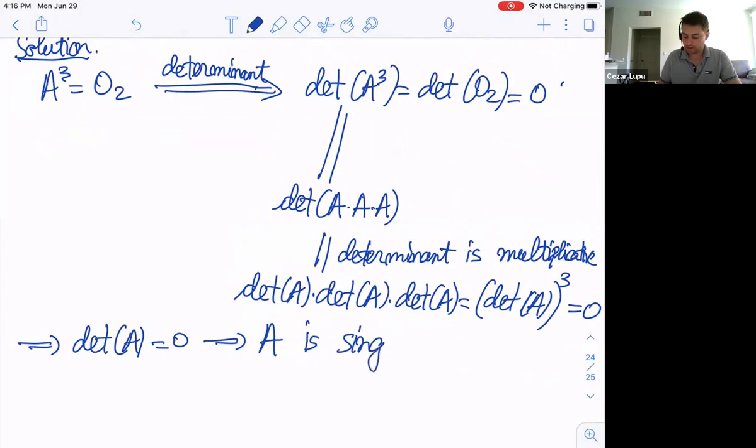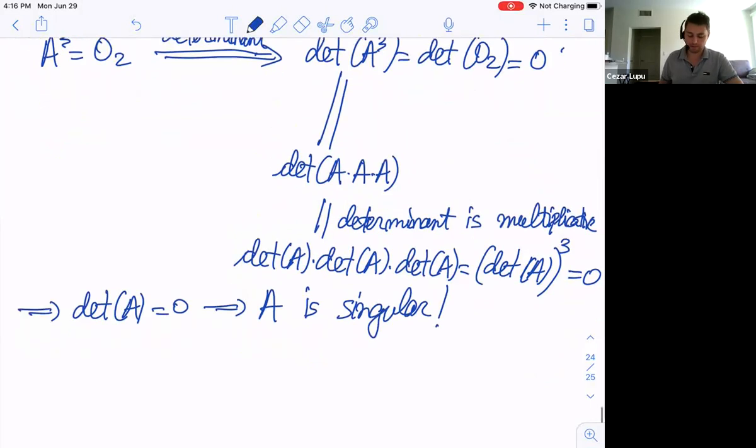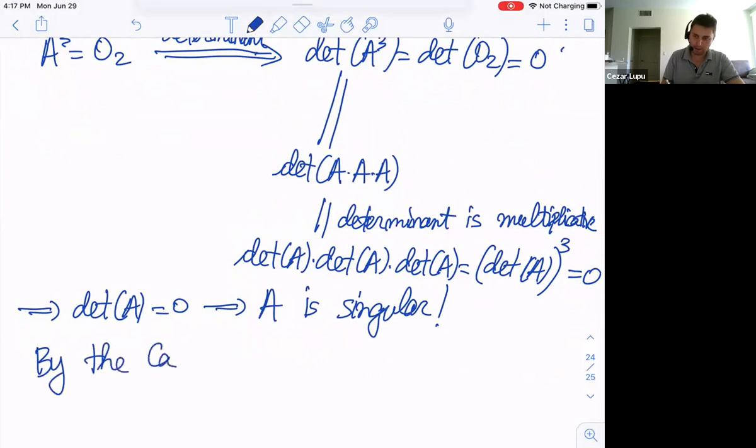So my matrix A is singular. Well, now let me apply the Cayley-Hamilton. So by the Cayley-Hamilton, problem 1, by the Cayley-Hamilton, so by the Cayley-Hamilton,